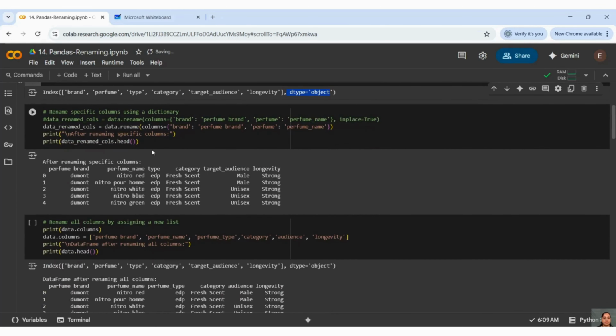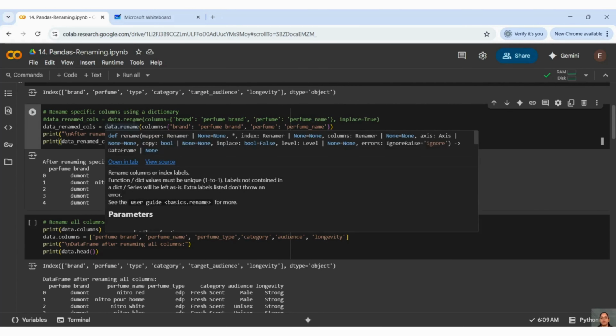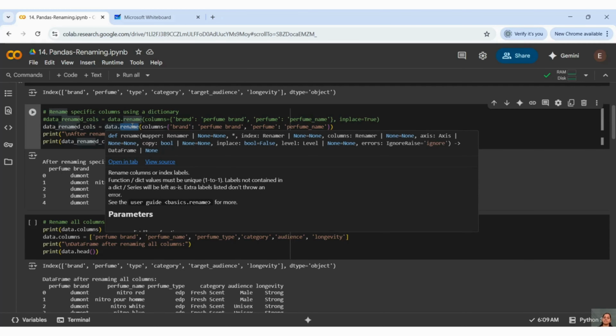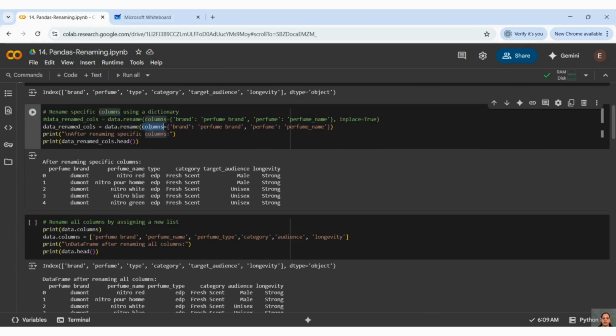Now let us see how to rename specific columns. You can see I have taken a variable and I am using dot rename. When you rename, you can simply use dot rename, and there you can use columns.